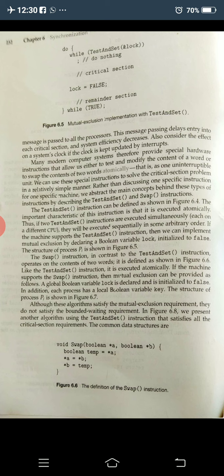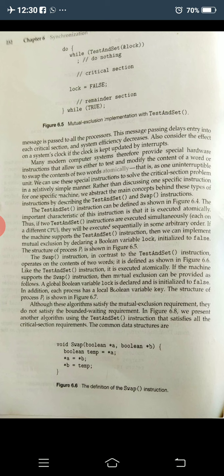When a process enters its critical section, the values of key and lock should be swapped, because the initial value of lock is false and the initial value of key is true. When it enters the critical section, lock should become true. So we swap those variables using the function swap, lock and key, all done using pointers. The code in the below section is a complete code which satisfies all three criteria: mutual exclusion, bounded waiting and progress. Here we are using another extra data structure, that is waiting.